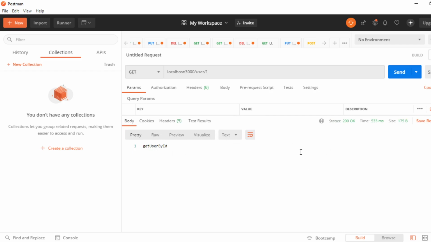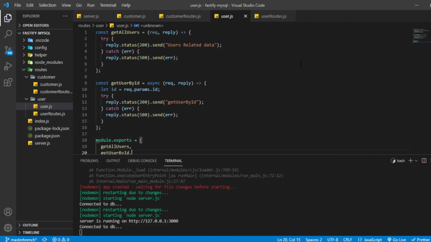So guys, this is what I really wanted to share with you, because I personally felt it is difficult to organize your project. It is good when your project is small, but it can become a big issue when your project is big and huge.